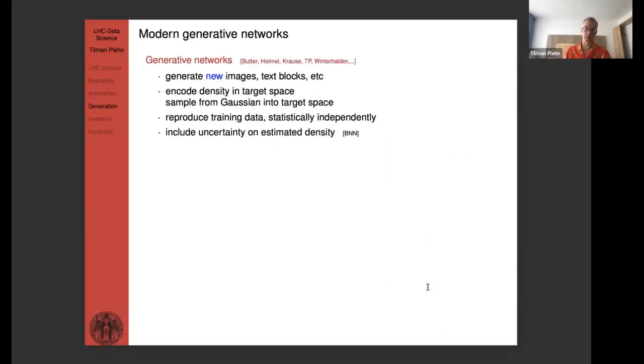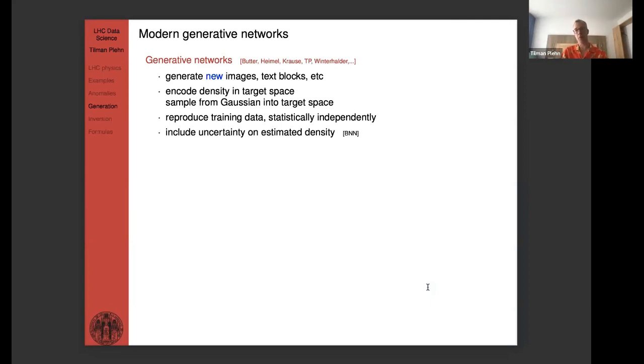Okay, the next thing I want to talk briefly about is generative networks. I know Armand will talk about that with you, or did already, or will. Generative networks are hot because you can generate new images, text blocks, whatever, all in our everyday life. We know the internet texts are by now generated super efficiently by text bots. Images, to train car cameras, there are companies who do nothing but generate images, etc.